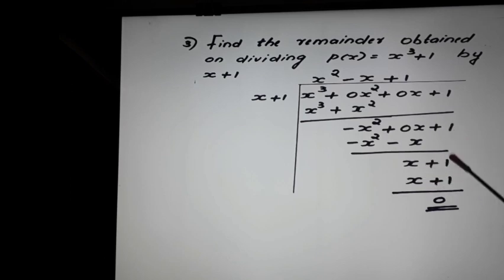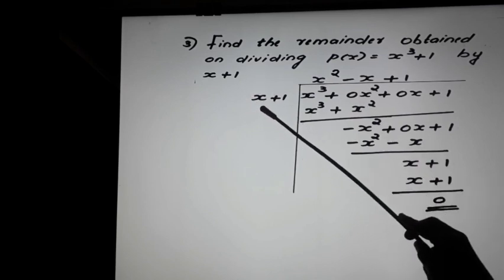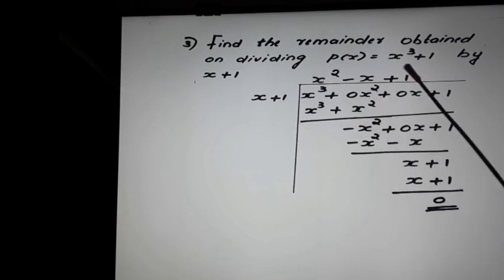So x plus 1, you have to divide. Here you have to take the first term, that is x, divided by the first term x. So x by x is 1. So it becomes the next term of the quotient. Multiply. x into 1 is x, 1 into 1 is 1. So 1 into x plus 1 is x plus 1. So subtract, you get the answer as 0. This is how we do the division.